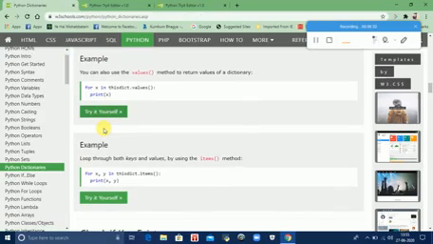Next is looping through both keys and values. At the same time we can print both keys and values. For this we have the items method. So for x, y in dictionary_name.items(): print(x, y). We use x for the keys and y for the values.